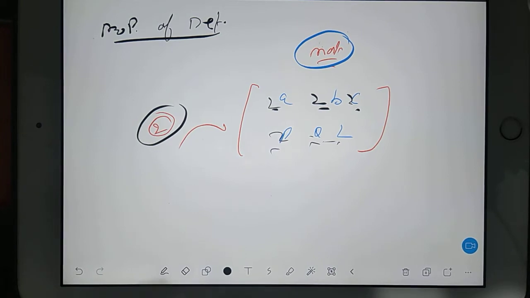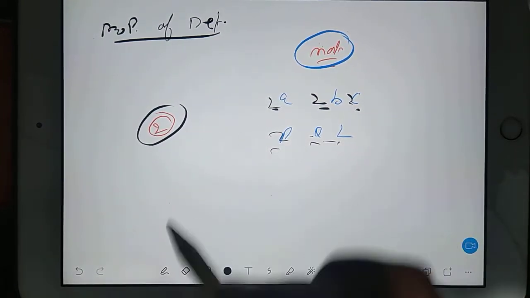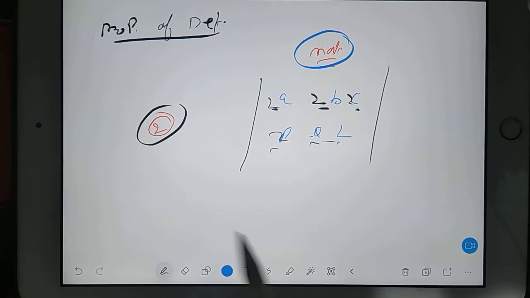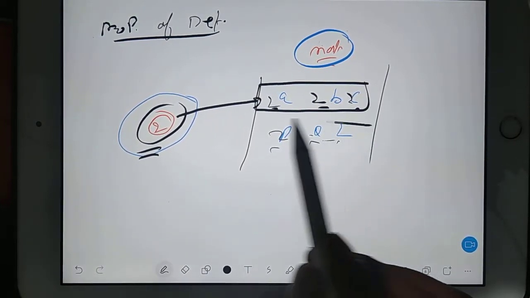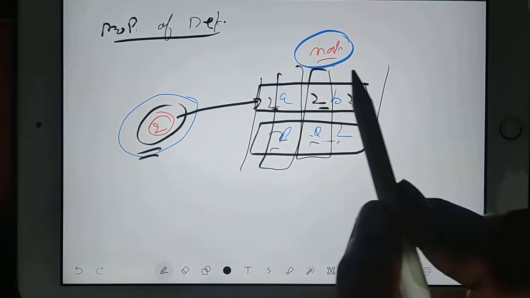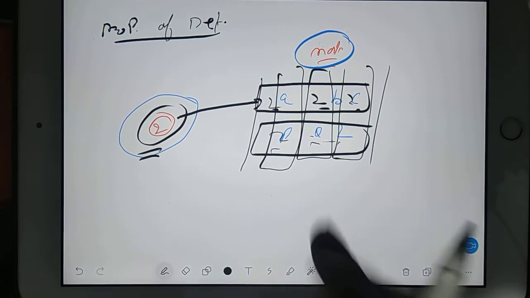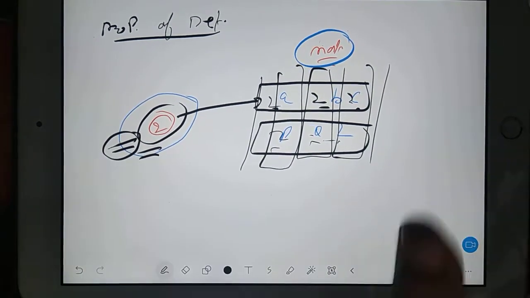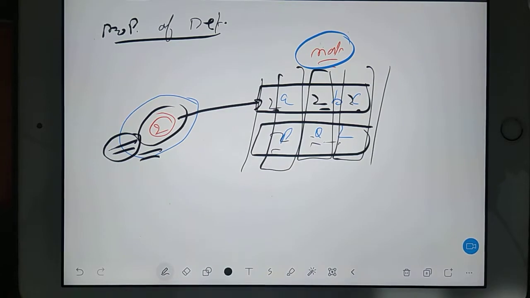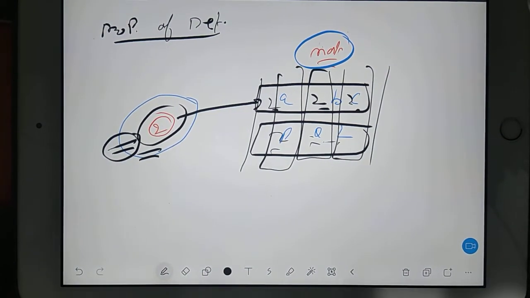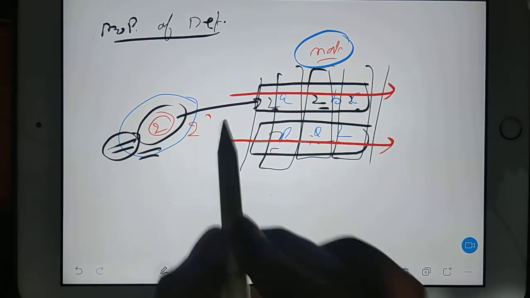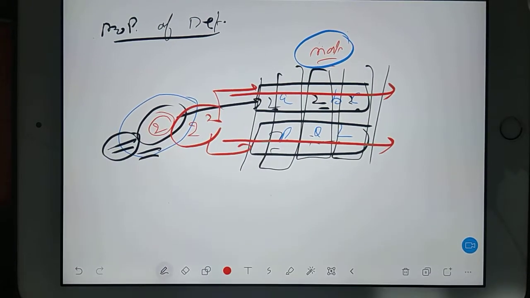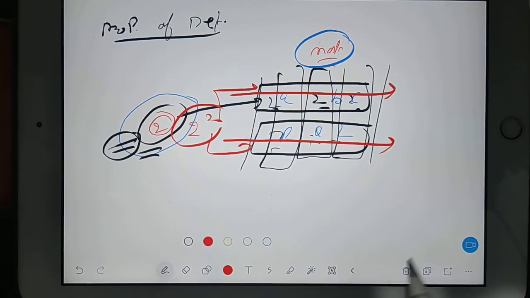But if the same thing is not a matrix but a determinant, then if you have a single 2 and you want to multiply it, you will multiply it in either one row or one column. You cannot multiply the same number into all the elements present. You have to choose any one row or any one column, and only in that will you multiply the 2. Suppose you want to multiply 2 here also, and you multiply 2 here also, then you must have 2 squared. Then one 2 you will multiply here and one 2 you will multiply here.